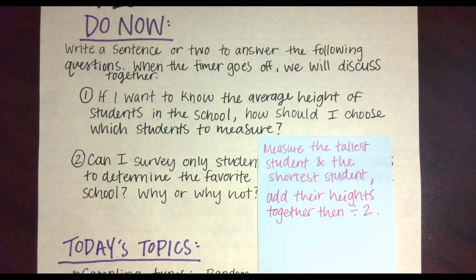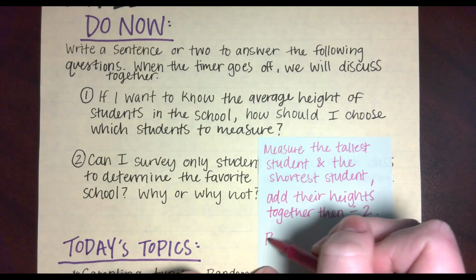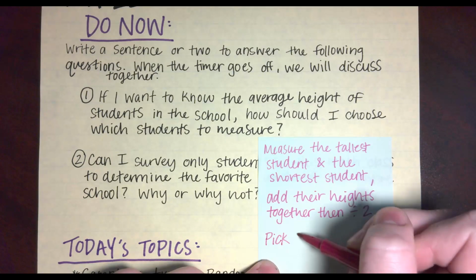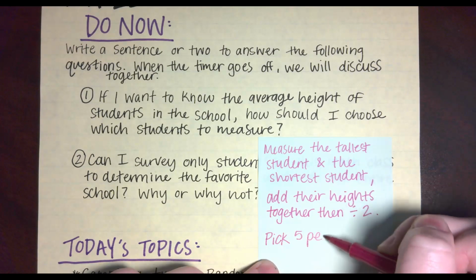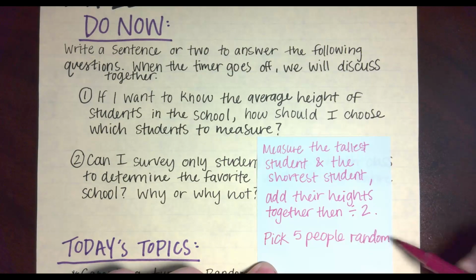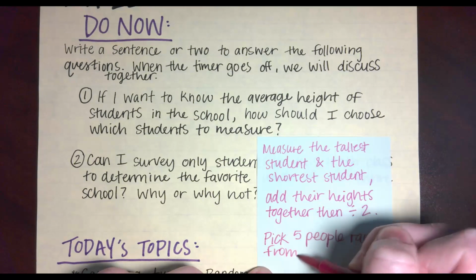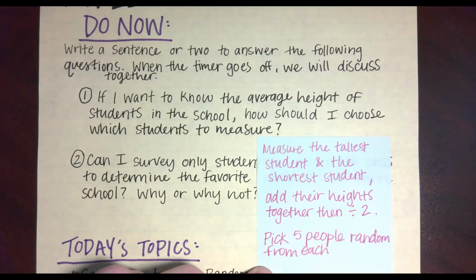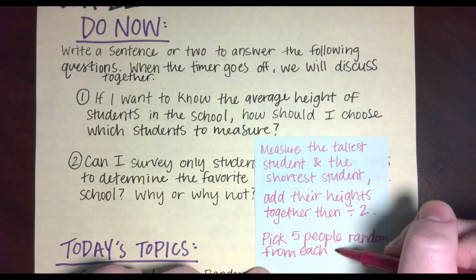And then Joe, I just heard you say you would just measure everybody's heights, add those together and divide by however many people that is, and that would give you an average. Absolutely. Or Bree? You could do like 5 from every class. Ooh, okay. Yeah. Pick 5 people. How would you pick them? Are you basing it off of height or would it be random? Random. Okay, so pick 5 people randomly from each class. I feel like that's how statistics work anyways. Yeah, a lot of them do. That's how people get samples.